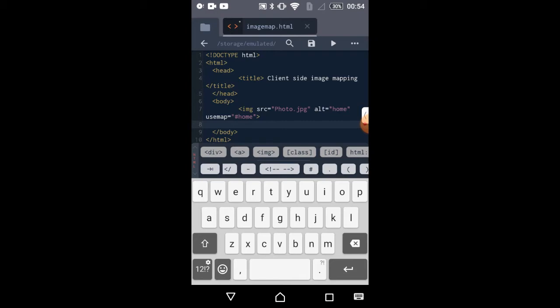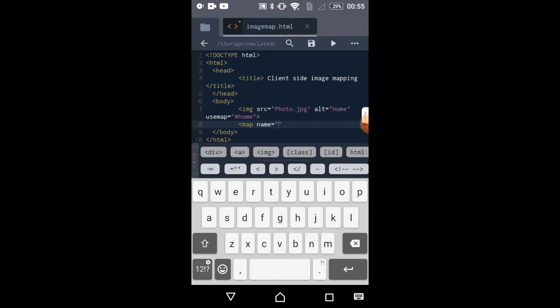After that we have to open another tag, that is the map tag. So write map, then leave space, and we have to give an attribute as name is equals to double inverted comma. In this we have to write the name which we have given in the use map.